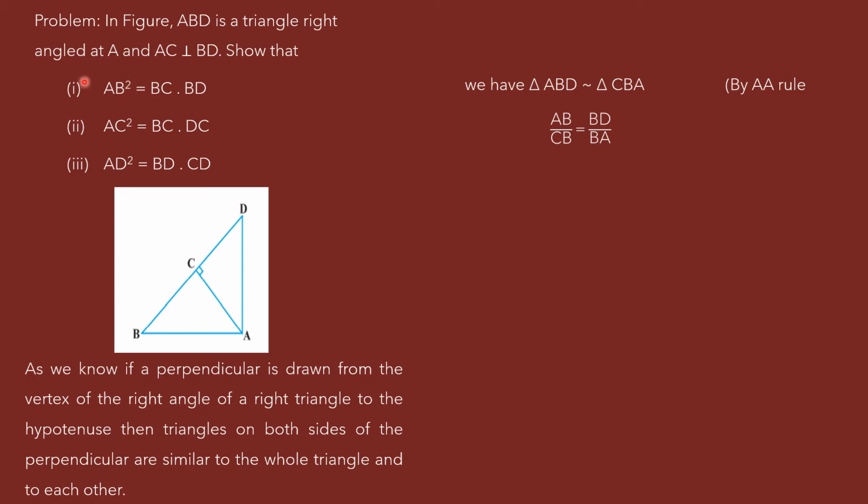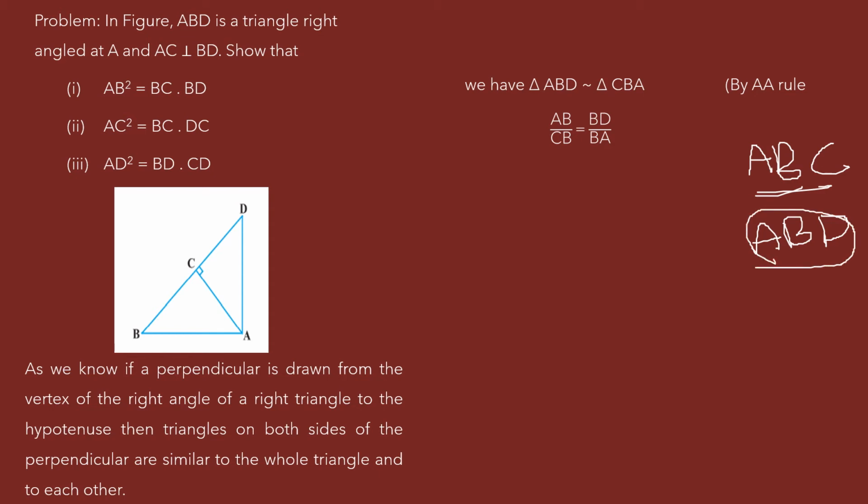I have to prove this. Now, I should take two triangles in which AB is a side. Here I have two triangles. One is ABC, in which AB is a side, and the other one is ABD. In this also, AB is a side. Now, the large triangle is ABD only, therefore I have taken ABD directly.